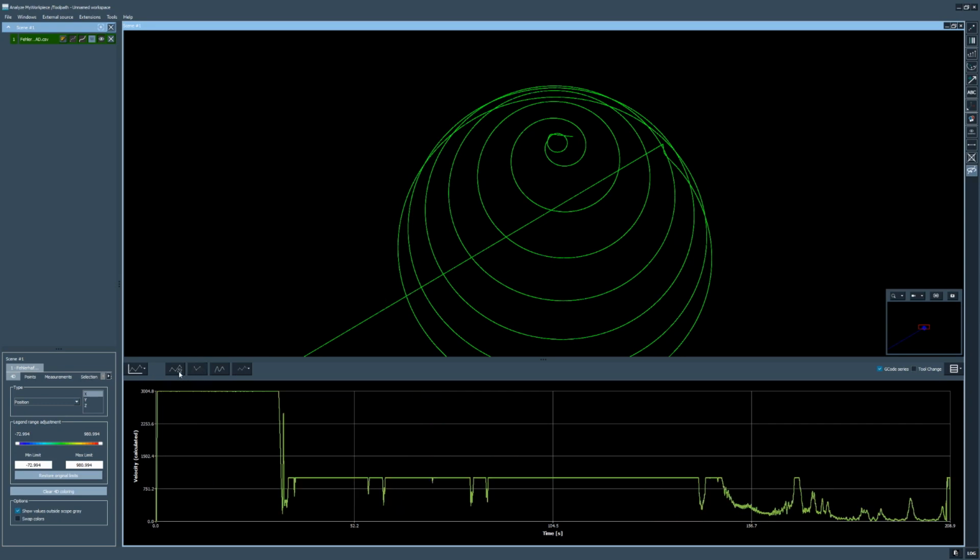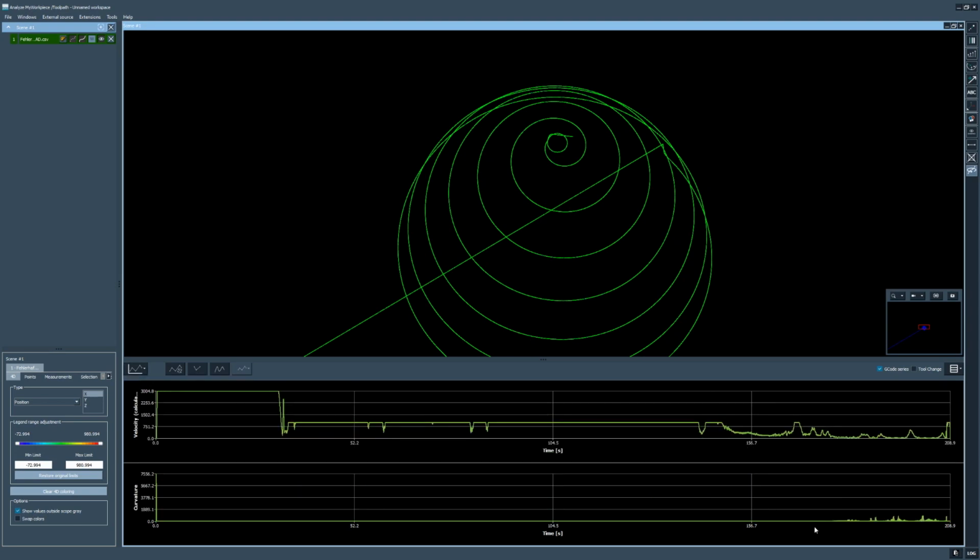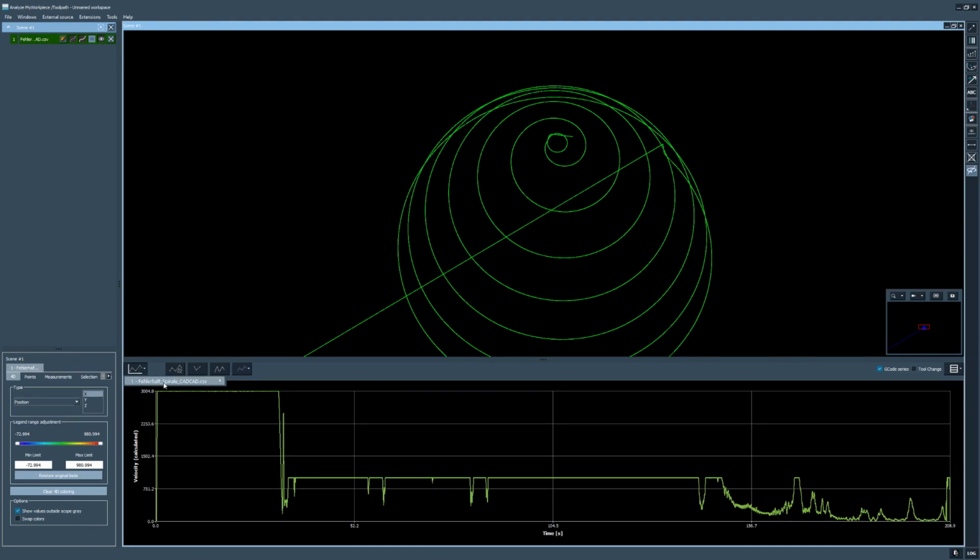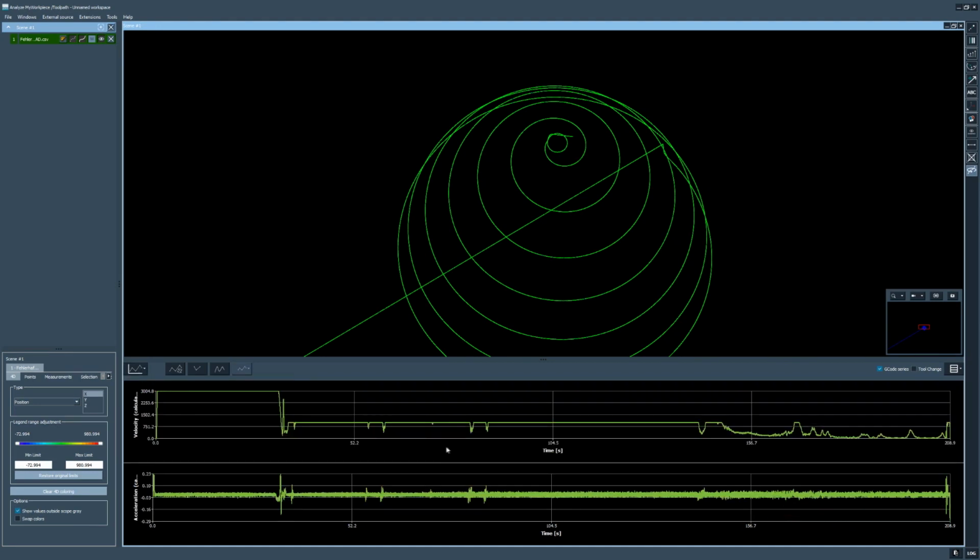So there is this button here saying Synchronize graphs on zoom. Currently we only have one graph, so that would make no difference. Let's go back for a second and take the acceleration. And assuming we want to zoom in into this area,